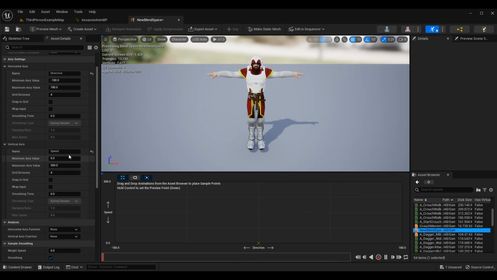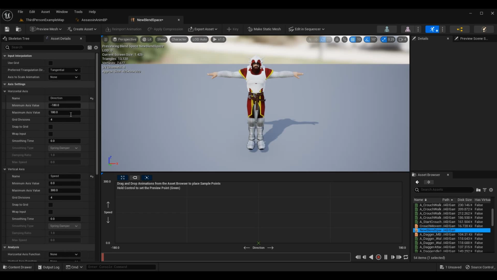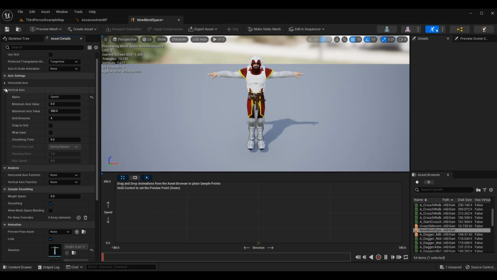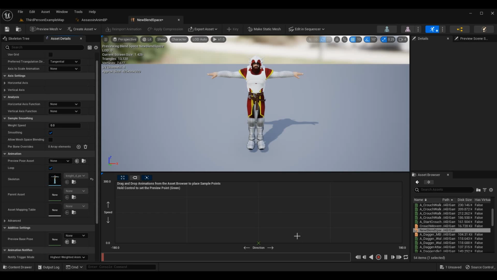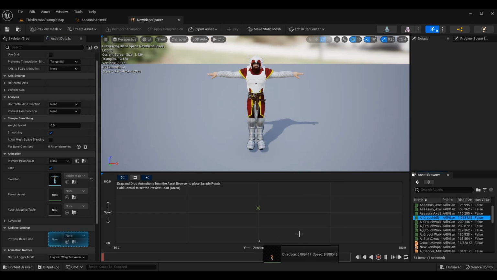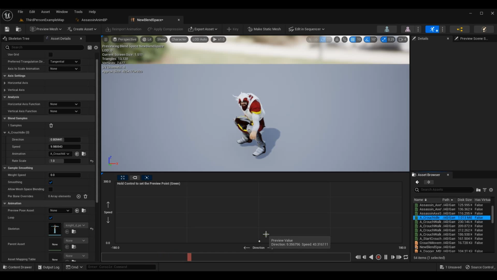So now going back to our new blend space, we already have our values set up. So you can see that's all I did in my blend space. I set up those values for my axes. Now what we have to do is add the actual animations to make it play with that direction and speed. What animation do we want to play? So speed is our vertical axis, direction is our horizontal axis. Now if speed is 0, we just want to play our crouch idle. We're not walking. So we just need one animation here, which is our crouch idle, and you can literally drag